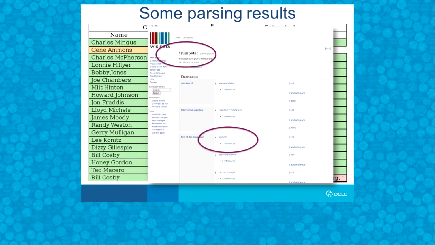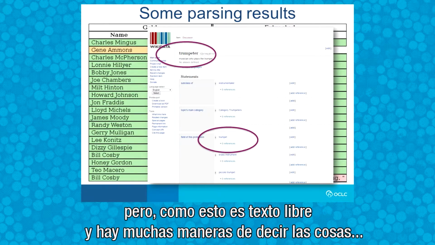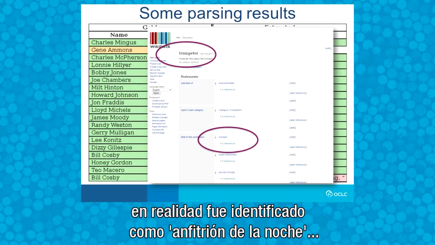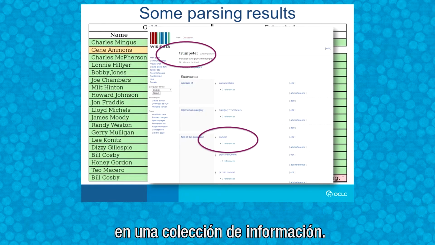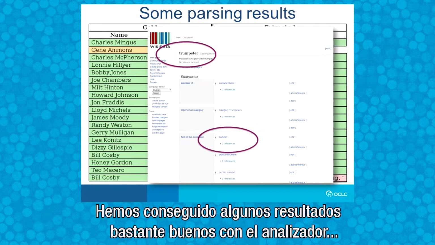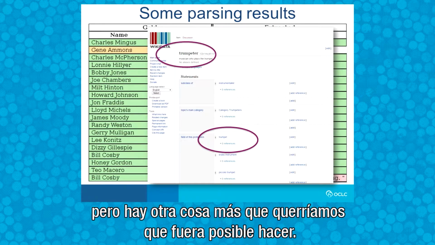That's what it should have found, but since this is free text and there are a lot of ways to say things, it was actually listed as "host for the evening," which would not necessarily be a useful description of "host" in a collection of information. So now we've got some fairly good parsing results here, but there's one more